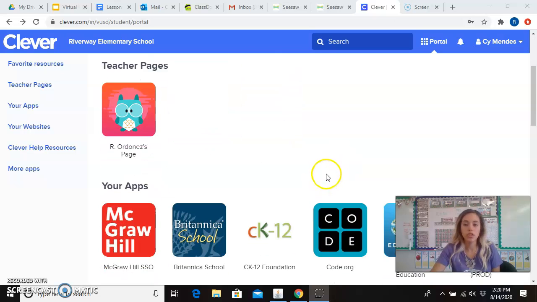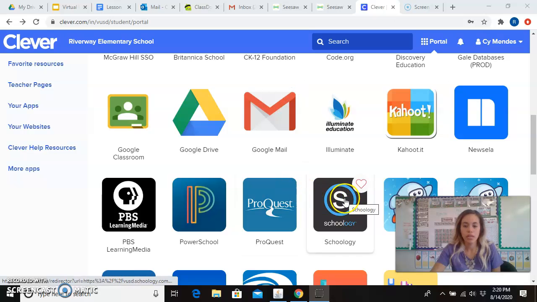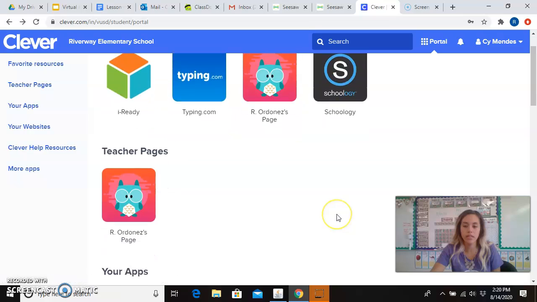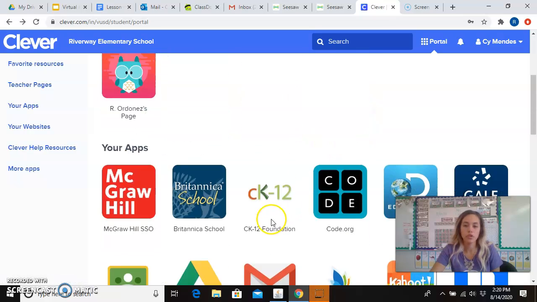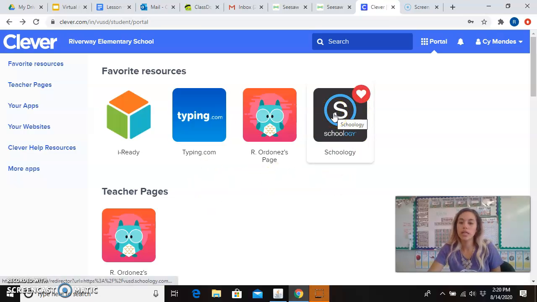Remember, you're going to look for the app that has the S, which is Schoology. Here it is. Put a heart on it because when you put a heart on it, it goes to the top. So you don't have to scroll through every time. It goes automatically to the top. So when you get on Clever and look for it, it's right there for you. Okay? So when you're done, click on Schoology